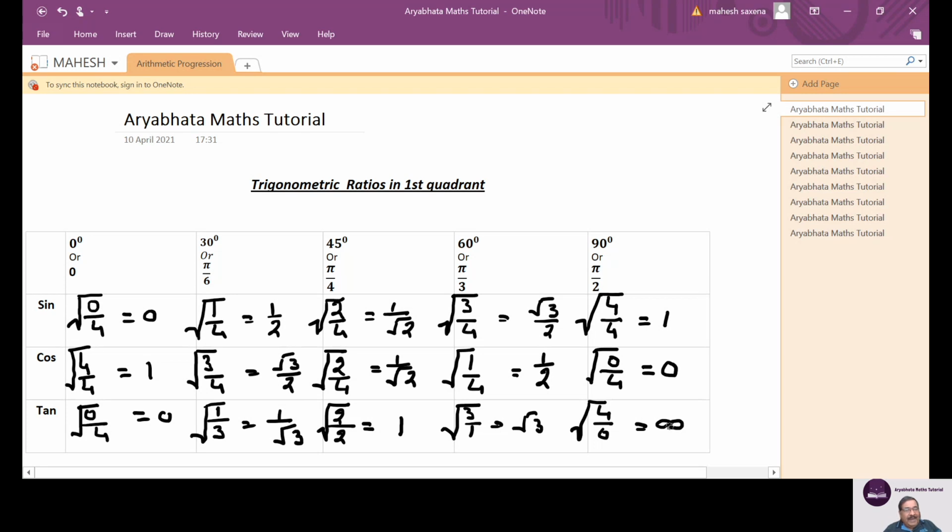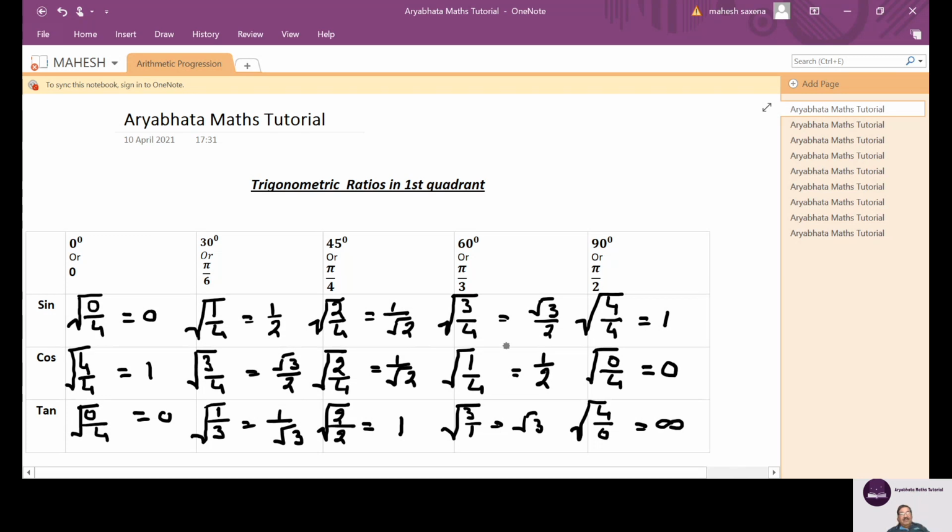So, it is clear that to find the trigonometric ratios of an angle of 0 degree, 30 degree, 45, 60 degree and 90 degree, in case of sine, cos and tan, it is very easy. Now, as you know that reverse of sine is the cosec. Therefore, cosec 0 is 1 upon 0, that will be infinite. Cosec 30 is 2, cosec 45 will be root 2, cosec 60 will be 2 upon root 3 and cosec 90 is again